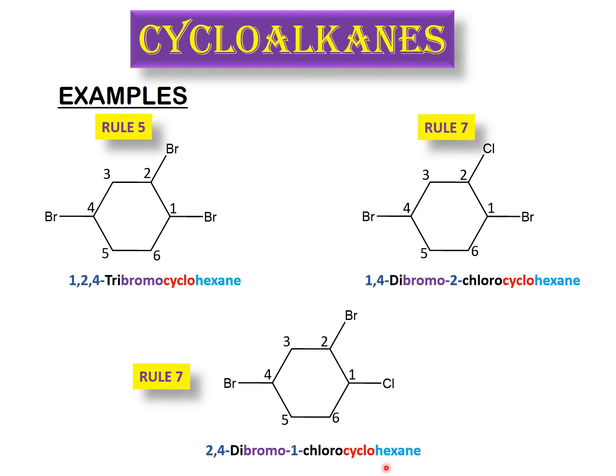So you can have different substituents at different positions while naming cycloalkanes or numbering the cycloalkane ring. You have to keep in mind the positions first, and later you can of course see the alphabetical order in which they come, right? So this is how